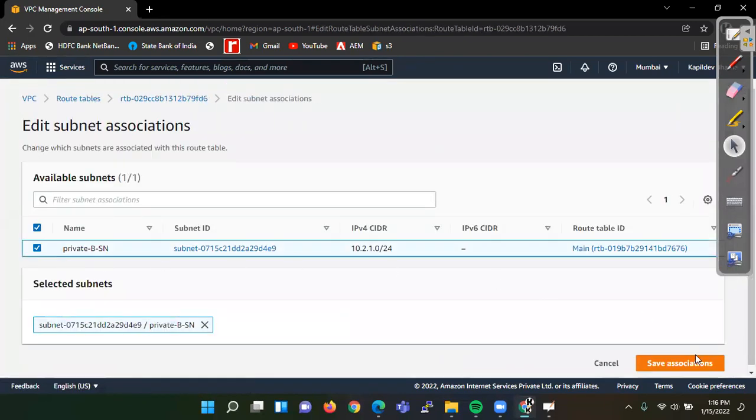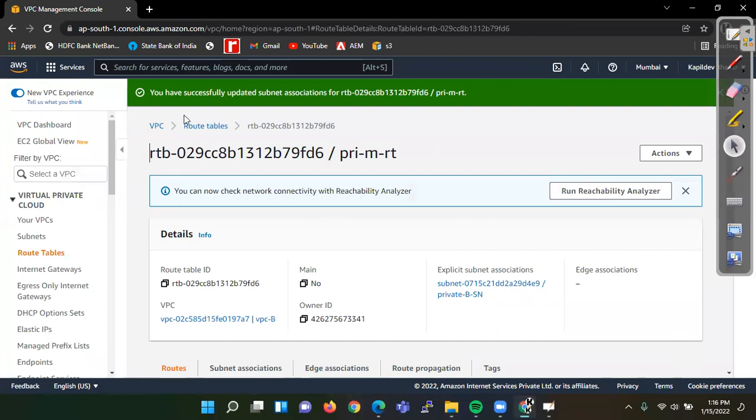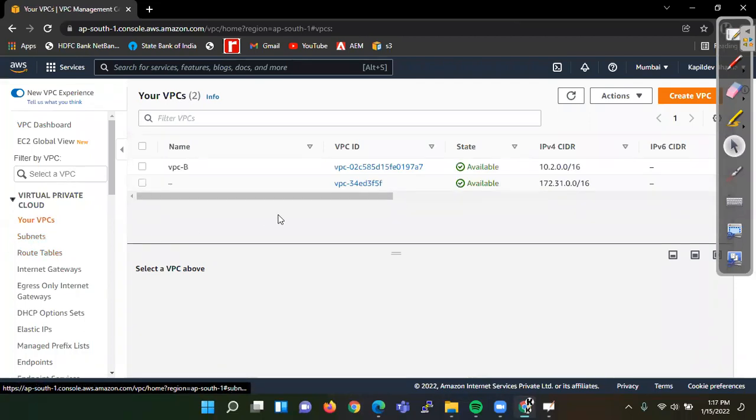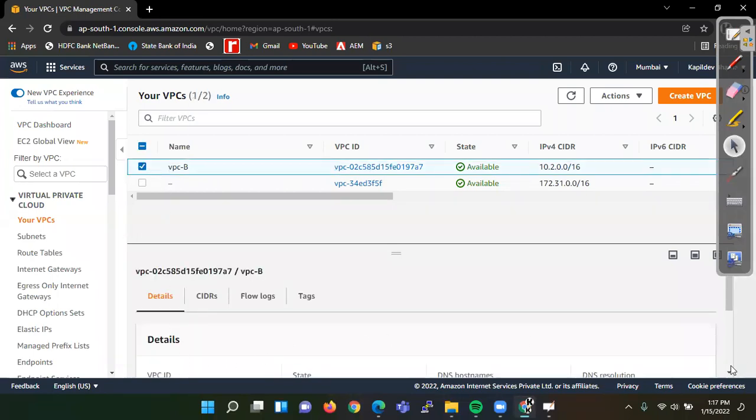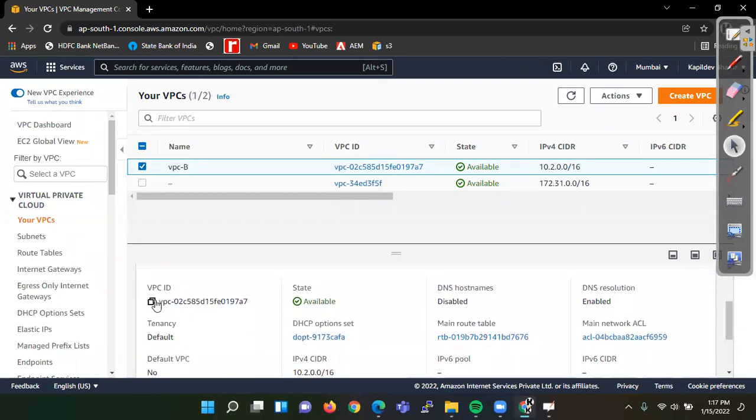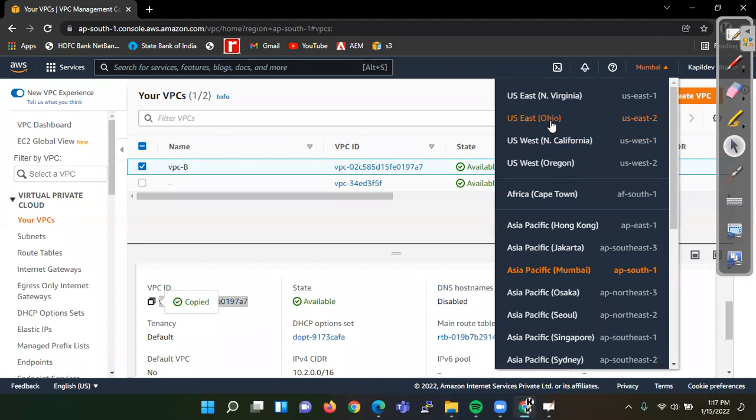So we save association. Here we are not having an internet gateway and all that. Now do one thing, take this ID. Copy this ID because we require it. So I have copied this and go back to the Ohio region.